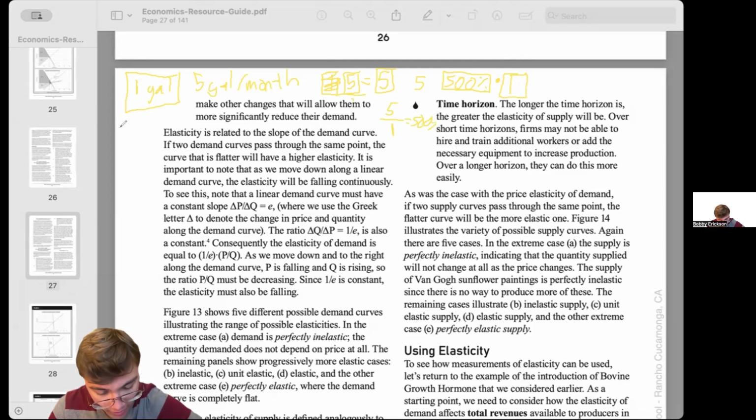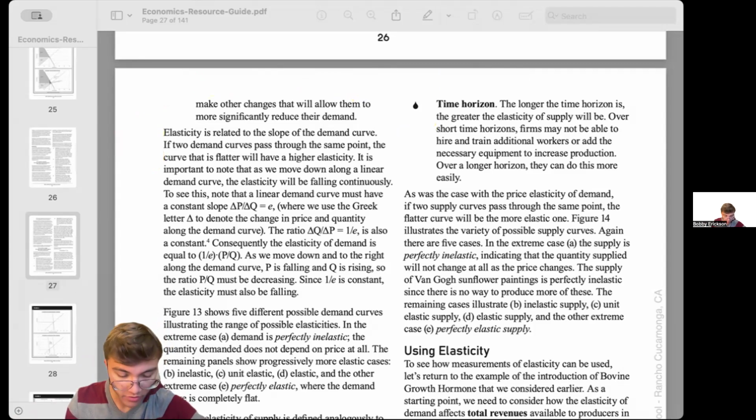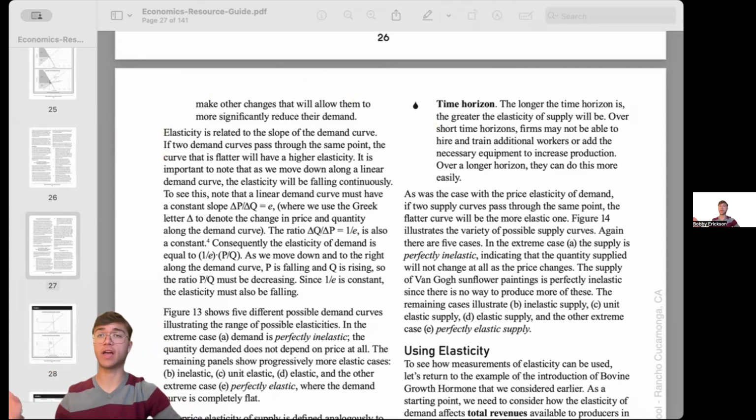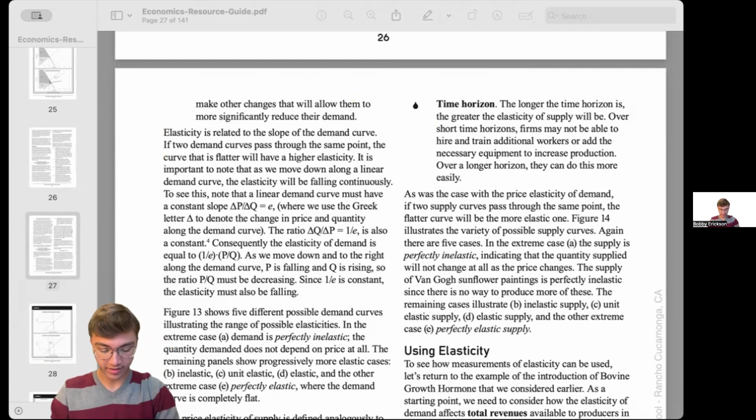And so that's where this change in quantity divided by quantity times the price, or yeah, the price over the change in price comes from, because you're trying to see the ratios here. And so the main point here, though, if you want to just have a basic understanding of it, is understanding that when there is a linear relationship of the demand curve, then the elasticity is falling as the line falls as well.